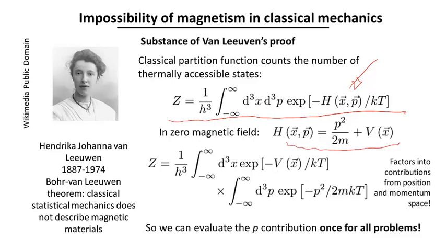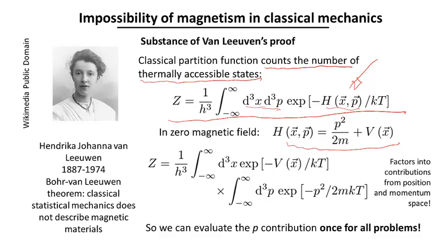So you divide the energy, the Hamiltonian function, by the thermal energy, which is Boltzmann's constant k times the temperature. You exponentiate the negative value of that and integrate over all position space and all momentum space. Then divide by h cubed. So this is therefore a pure number, and its interpretation is the number of thermally accessible states for the system. So this represents the size of the volume of phase space that can be occupied by a particle that's subject to random temperature fluctuations.